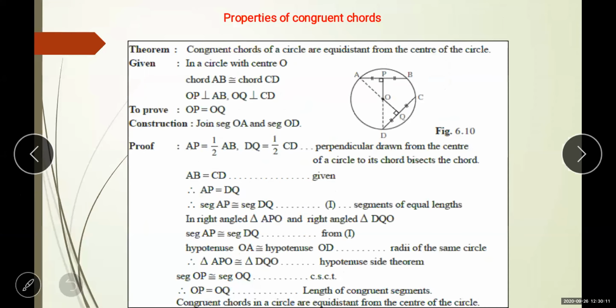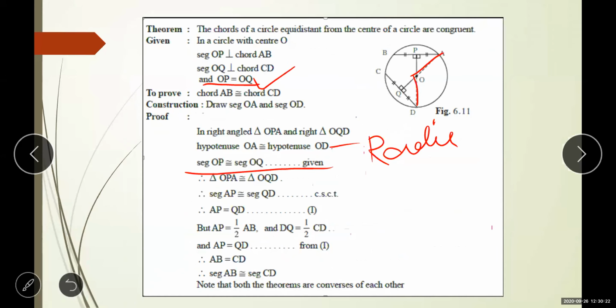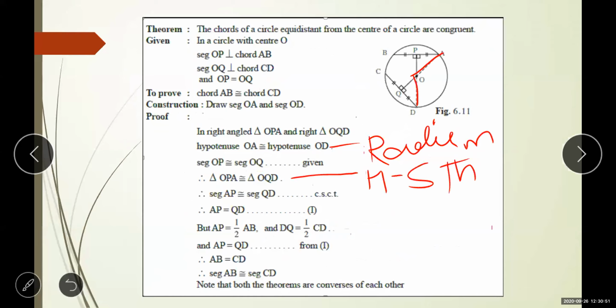यहाँ पे देखो, पहले हमने segment proof किया था in the previous theorem, then we show that their lengths are congruent. Their lengths are same. तो वैसे यहाँ पे करना है. यहाँ पे length अगर same दिया है, so you can write it down in this form: their segments are congruent. If the lengths are equal, then we can write down their segments are congruent. ऐसे भी लिख सकते हो, and you can write down they are congruent also when they are segments. Now hypotenuse side, again the same theorem. Why? Hypotenuse side theorem. These two triangles are congruent.